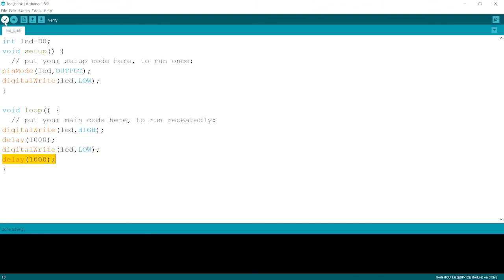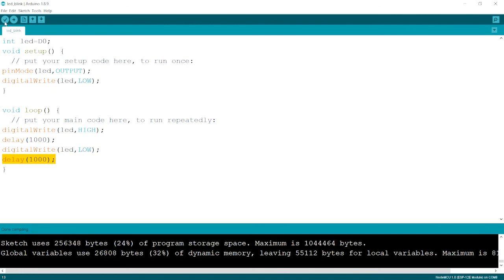This tick option is for compilation, or checking for errors in our code. So we click on this and we start compiling. It will take a few seconds. So let us wait for it. So here we have done compiling. Once it shows done compiling, that means you are error free.